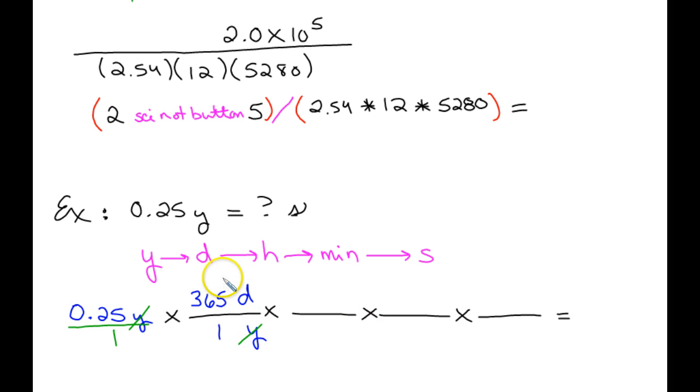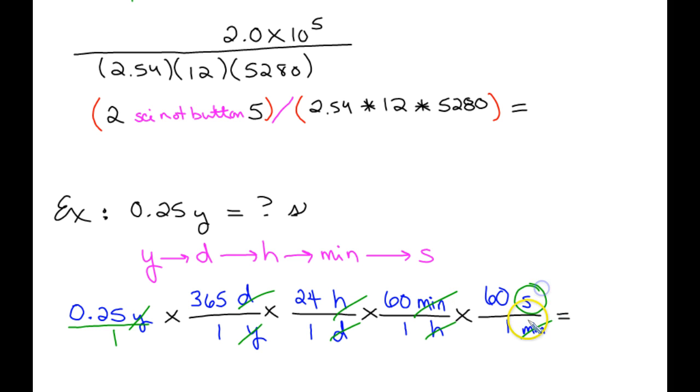Units cancel. Now we're going from days to hours, so day is now on bottom, hour is on top. We know that for every 1 day, there are 24 hours. Days cancel. We're now going from hours to minutes, so now hour is on the bottom, minute is on the top, 1 hour to 60 minutes, hours cancels, and then finally from minutes to seconds, minute is on bottom, seconds is on top, the minutes canceled, seconds is the last thing on the top fraction, which is what we were